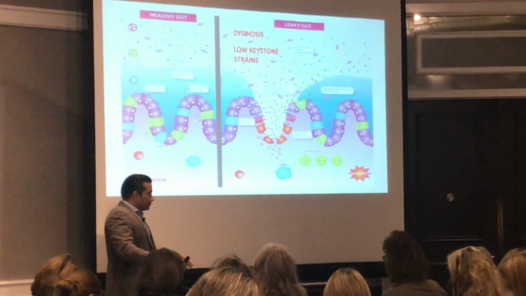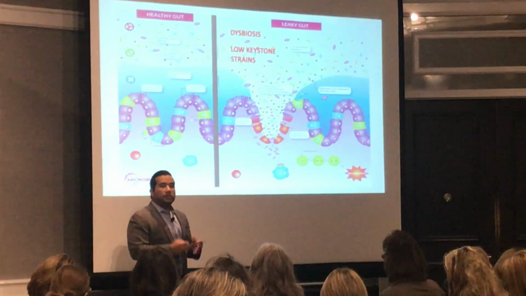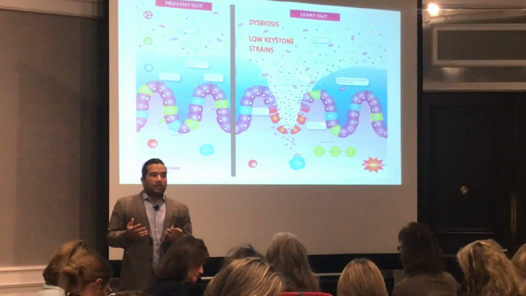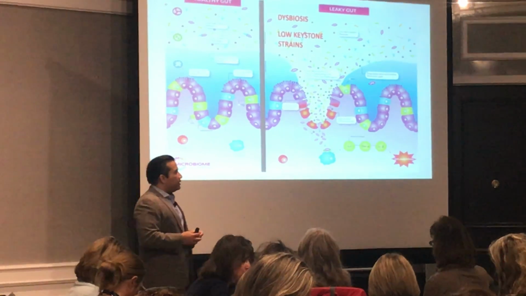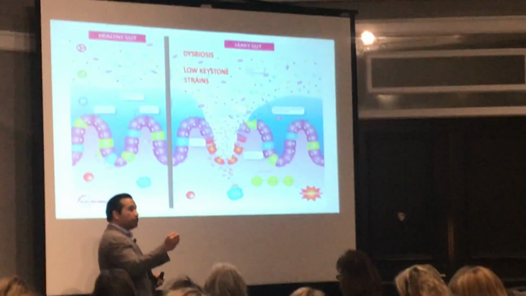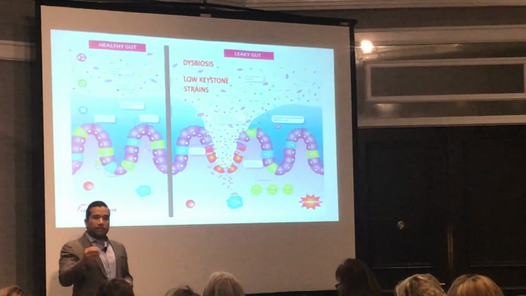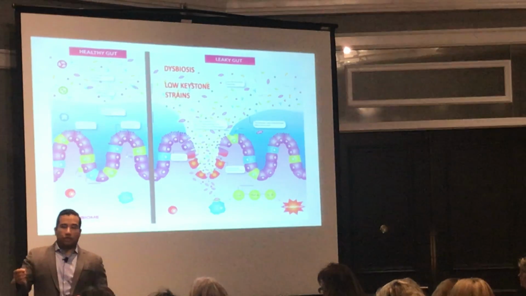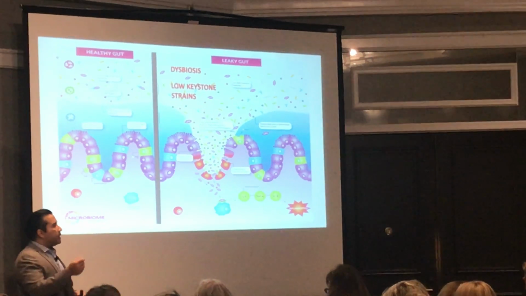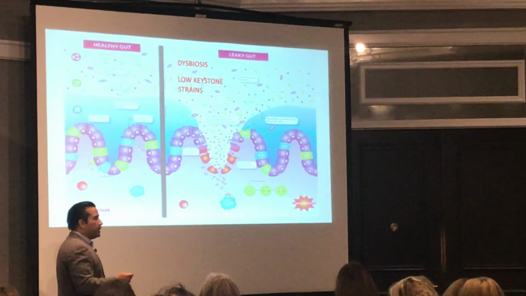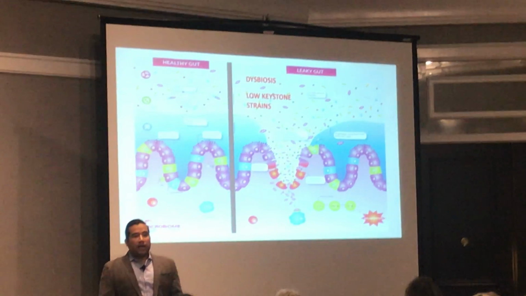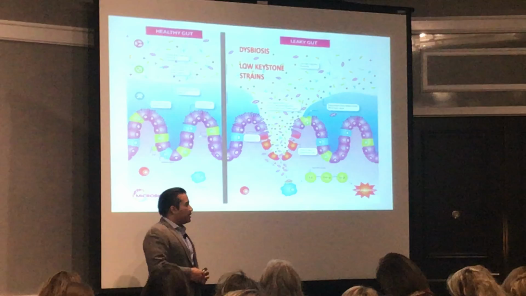Everything is wiped out. Now, within the next 8 to 10 hours, they all start to grow back, but they grow back in different proportions. Now, that's not the surprising part of the whole study. What was really interesting is that when he took each individual strain that existed in the microbiome and exposed them individually to the antibiotic, what he found was that 99% of them were resistant to the antibiotic. Right? So why in the world would all of them die if most of them are resistant to the antibiotic?